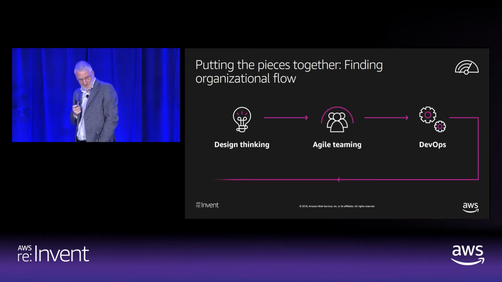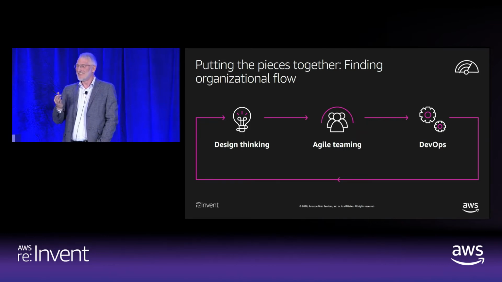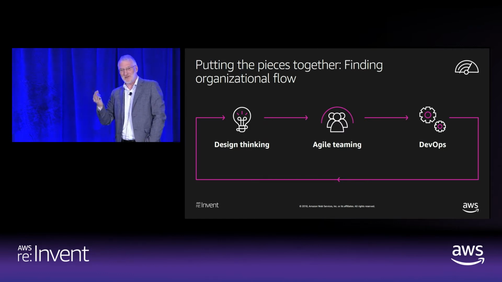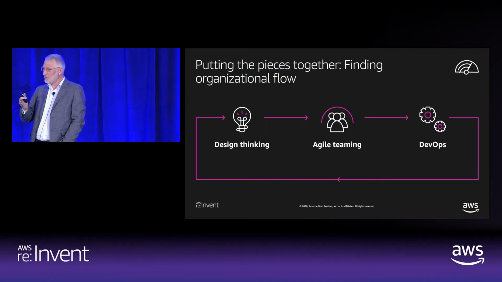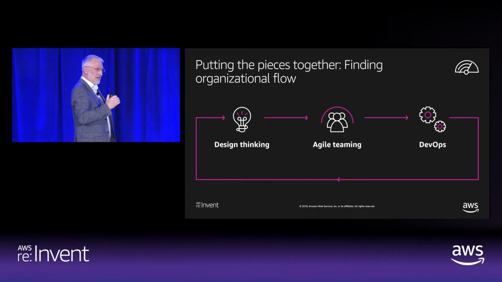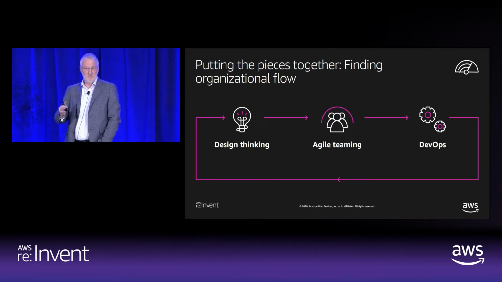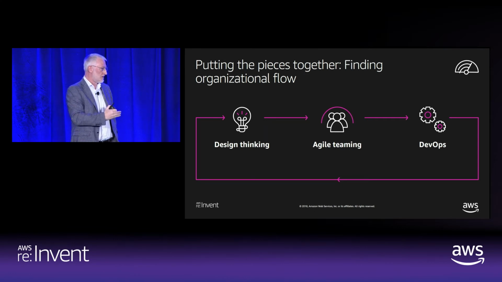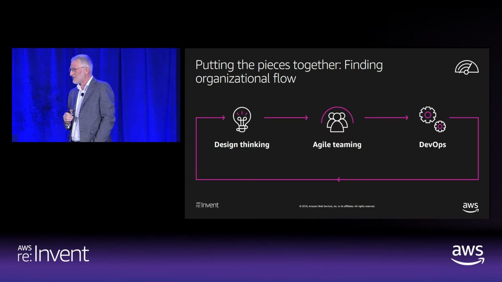So when you put it all together, you get this state of flow. Do you have any surfers or skiers in the room? A couple? Okay. So you know what flow is, right? You're in that zone. It's just an amazing feeling. You don't have to really spend effort. Developers, you've seen them. Developers in the zone, when they're in flow, they could work 10 hours straight and not notice. And by implementing these practices, you can get the whole organization into a state of flow. And once you've had teams in a state of flow, they will never want to go back to anything else. Again, this is a superpower for your teams.